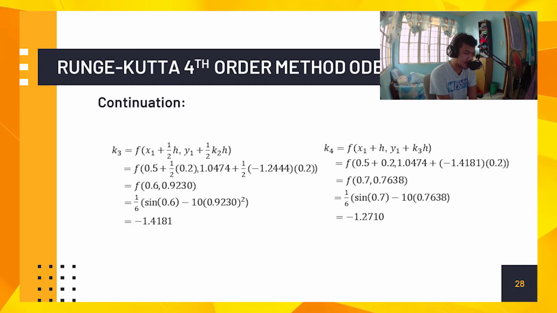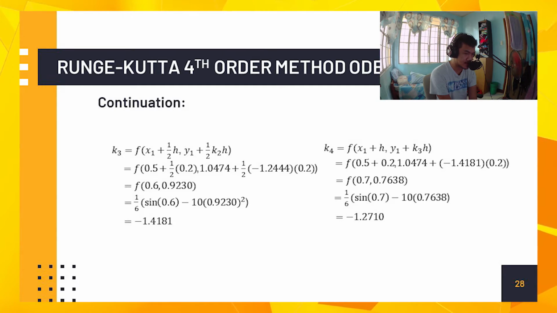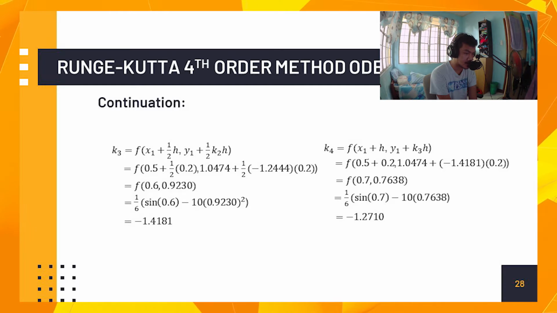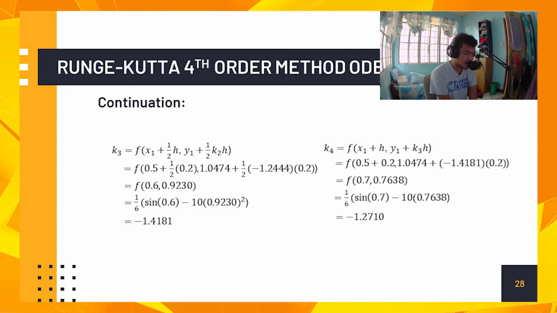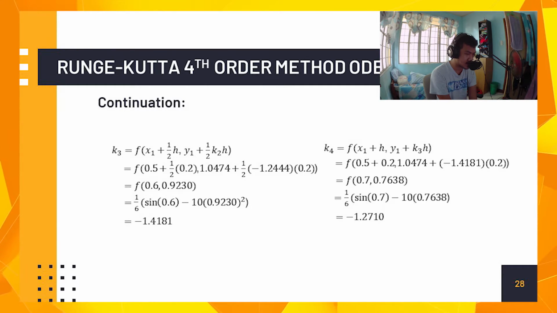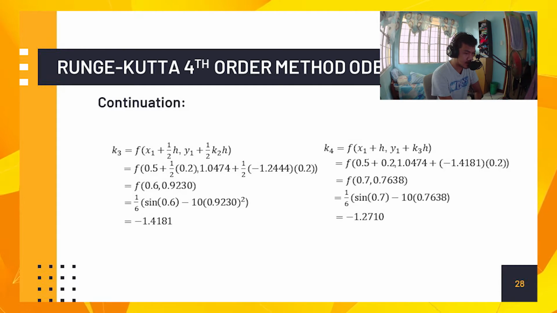1.4184. For k sub 4, we have f of 0.5 plus 0.2 comma 1.0474 plus negative 1.4184 times 0.2. That will be equal to f of 0.7 comma 0.7638. And by solving, we will have 1 over 6 times the quantity of sine 0.7 minus 10 times 0.7638. That'll be equal to negative